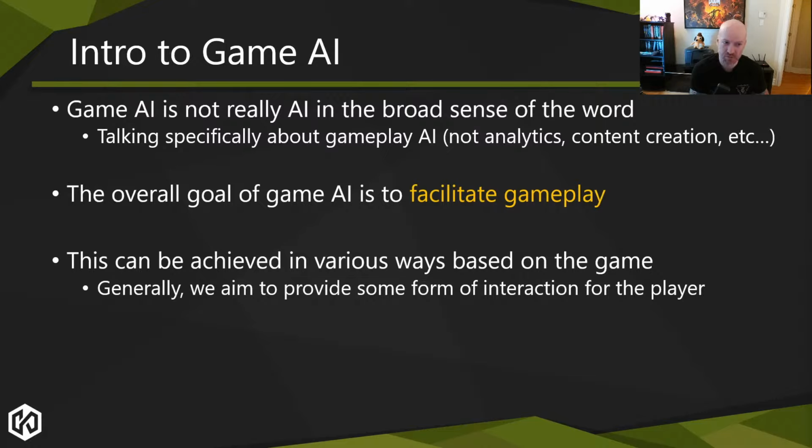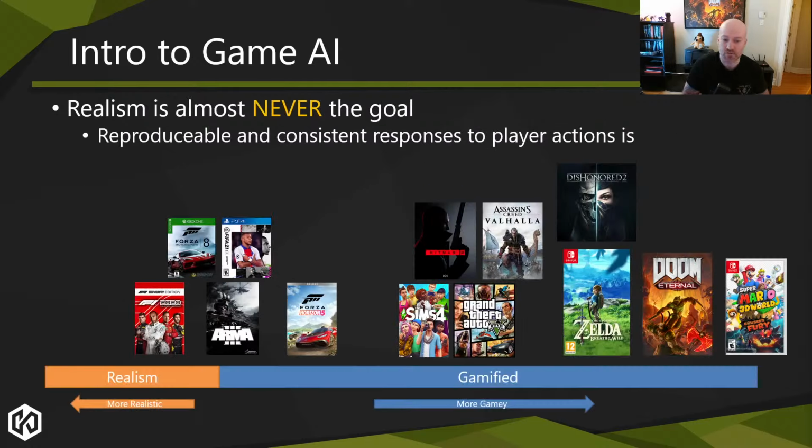And the goals are very different. The goals are to facilitate gameplay. We are simply trying to make the game interesting for the player. We are trying to provide a level of interactivity to the player. The player does an action, the in-game characters need to react to that action. And that's the foundational core premise for game AI. And so we're not trying to solve a realism problem. We're not trying to build an intelligence. We're basically trying to create a toy. And that's one of the big things that a lot of people need to understand, and they need to come into it with that approach, that we are building a toy.